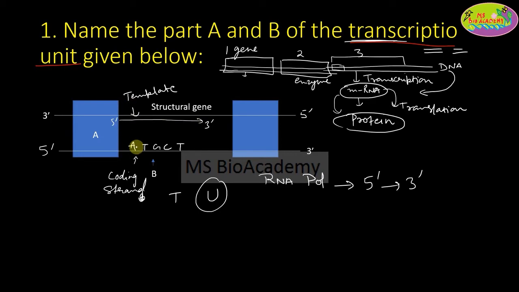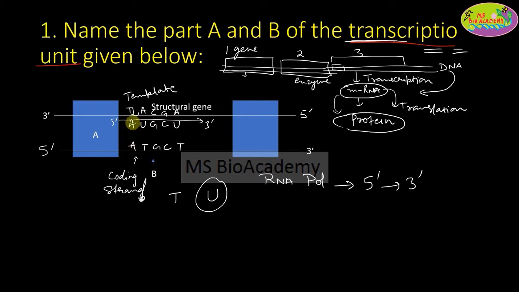Okay, so let's first write down the template strand sequence also. Since it is A, here it will be thymine, since T, A, then C, then G, and again A, right? So the mRNA which is going to be formed here will be: thymine, opposite will be adenine, adenine opposite will be uracil. Since thymine is not present in the RNA, it will be uracil. Then complementary to cytosine is guanine, guanine complementary cytosine, adenine complementary is again uracil.